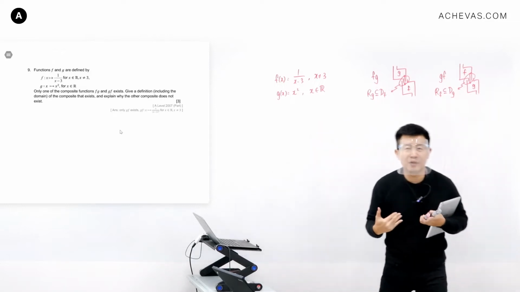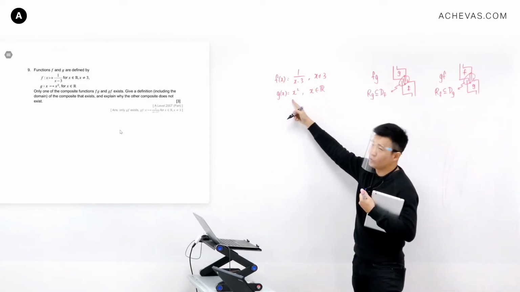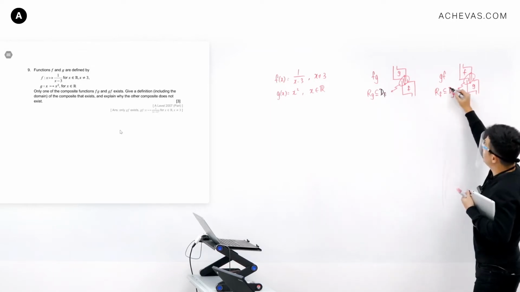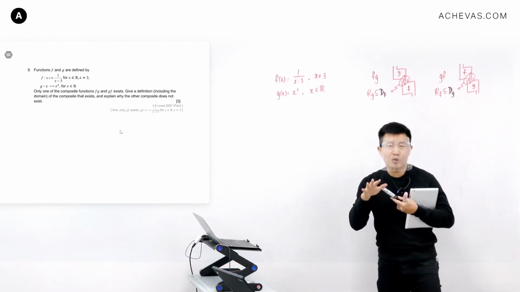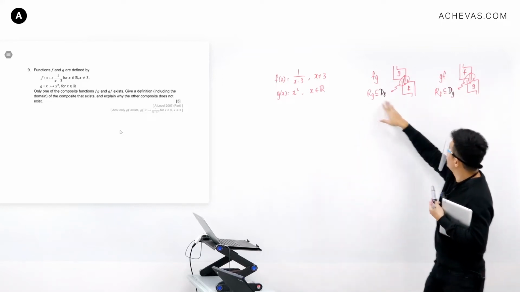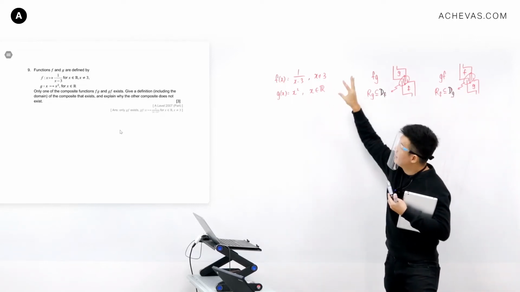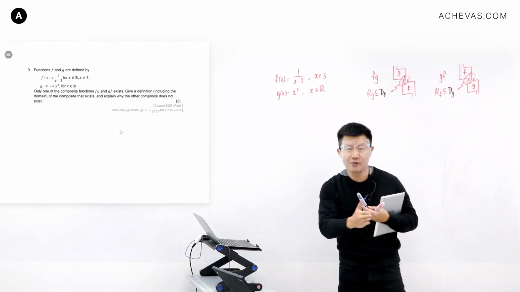Let's see what kind of information we have first. We do have the domain of f and the domain of g. I already have the domain of f, I don't need to find it. I already have the domain of g, I don't need to find it. So for me to complete my discussion, I will need the range of g and the range of f. And how do we find the range of these two functions? If you look at the domain, it has a lot of numbers, infinite numbers.